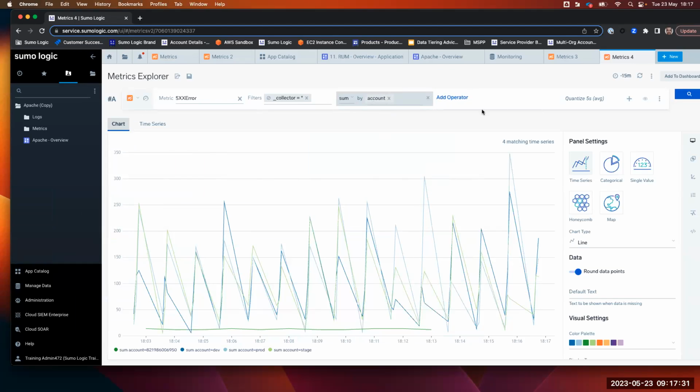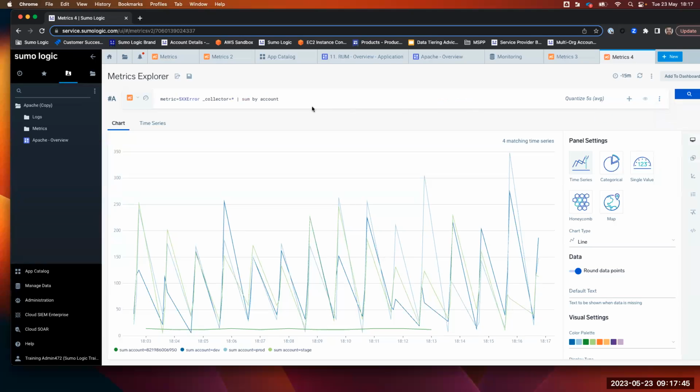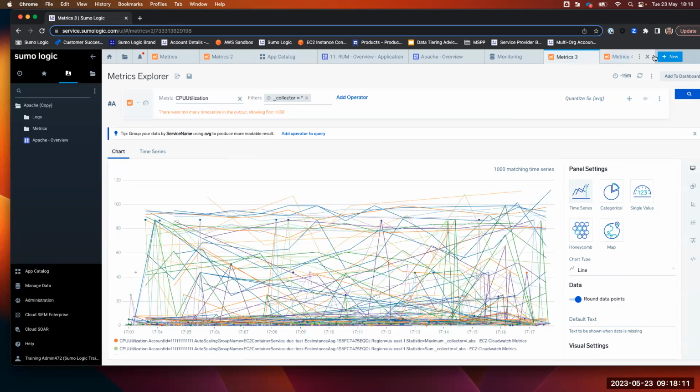This view in here seems very basic, and indeed it is called the basic mode of creating metrics queries. Now, if you are an advanced user, it will be faster and more efficient for you to switch to advanced mode. In here, you will see basically the same, but in a different format. The metric name will look similar to how the log queries look in Sumo Logic. In here, you can just write down whatever query you want to make. If we go and open a new one,